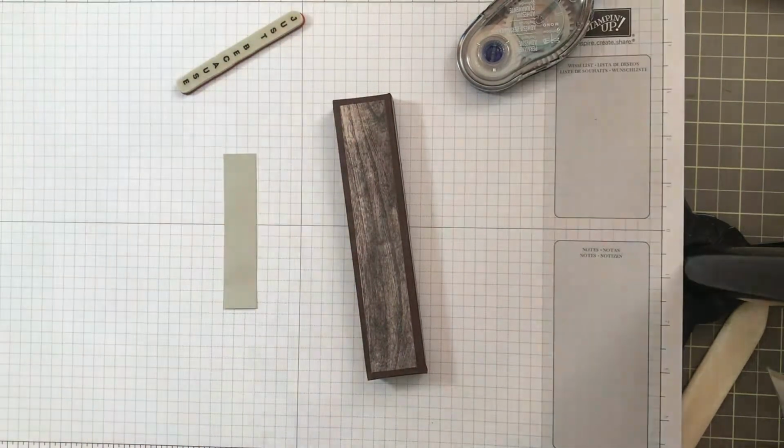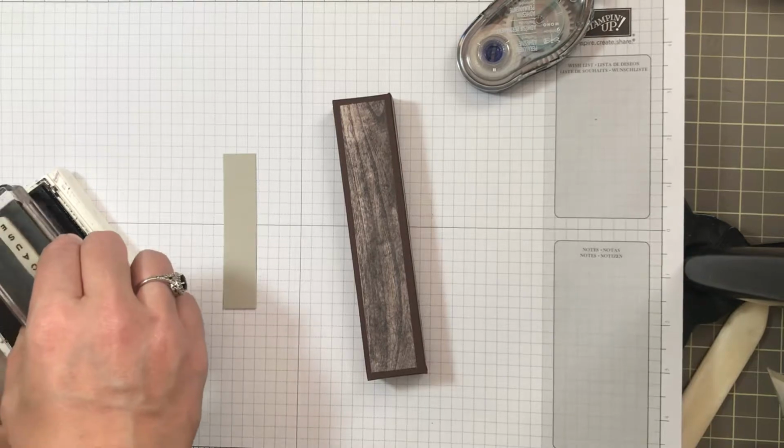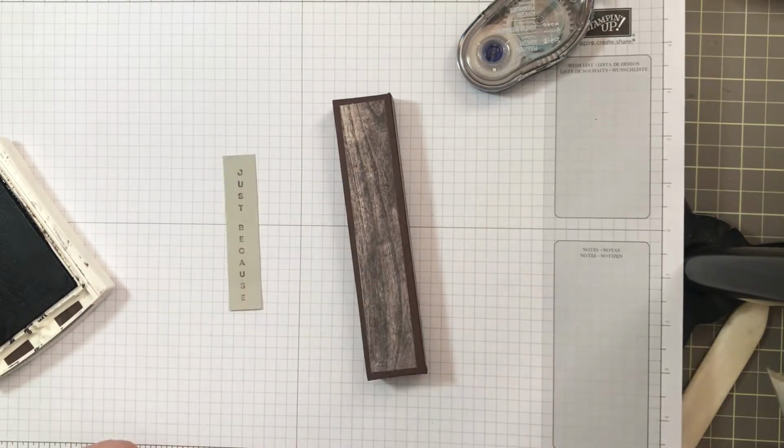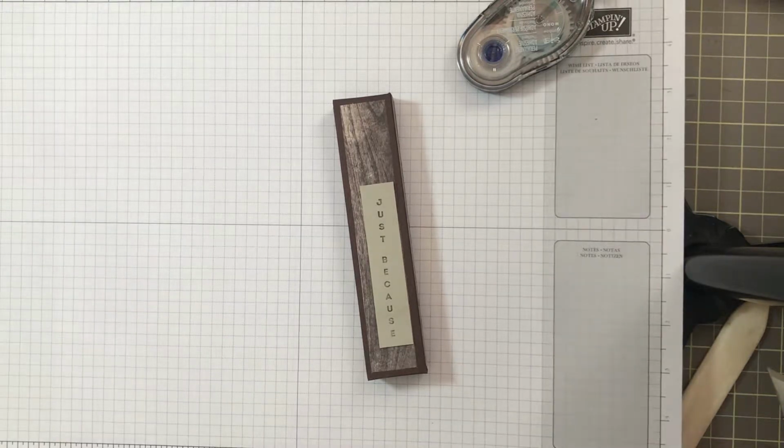And let me get a block and some ink. And stamp that just there. Ooh, it's a little light, but that's okay. I need to re-ink my ink pad, it looks like. Okay. And then we need to take another piece of card, which I didn't take out. And stamp our